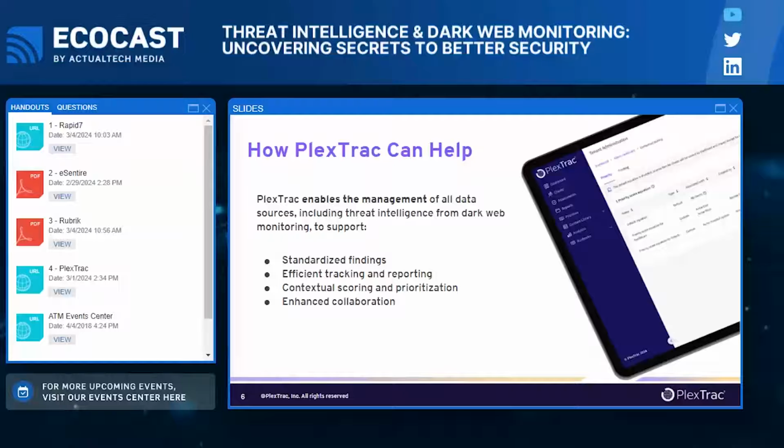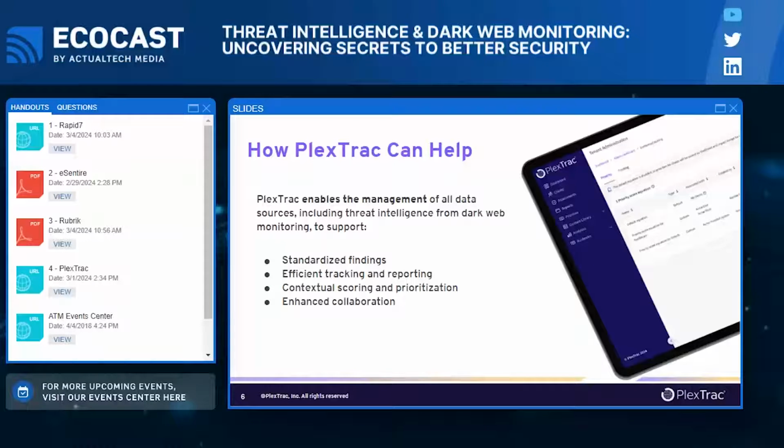How do you customize that to different personnel? How do you communicate that to different stakeholders in your organization? PlexTrack has the ability to report in different ways, to present information in different ways. We also can help you with the tracking side. We can help you not just in tracking in a typical manner, but in facilitating different processes for different scenarios. So we give the power in your hands to facilitate the operation you need to tackle the threat intelligence in your way that means something to you.